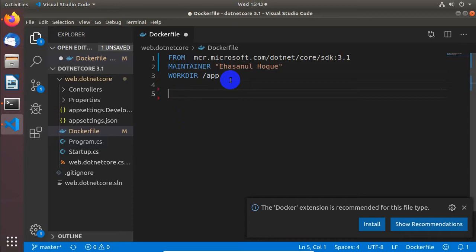Then we need to copy the CS project file to the current directory. So write copy CS project to the current directory, then run dotnet restore.